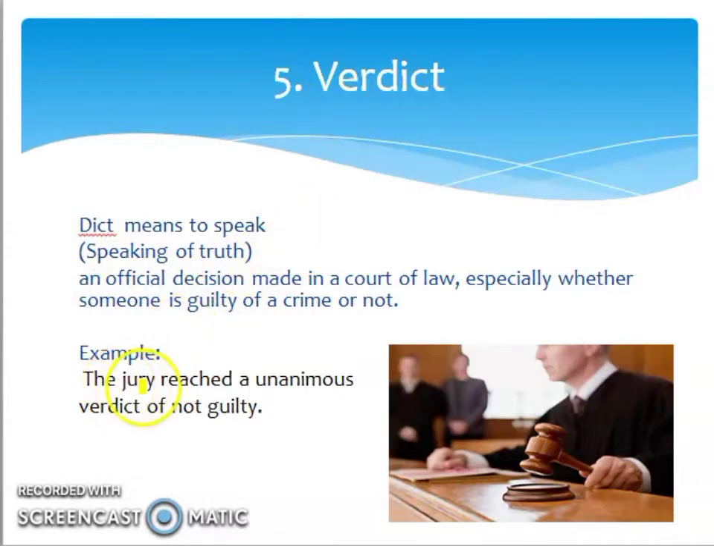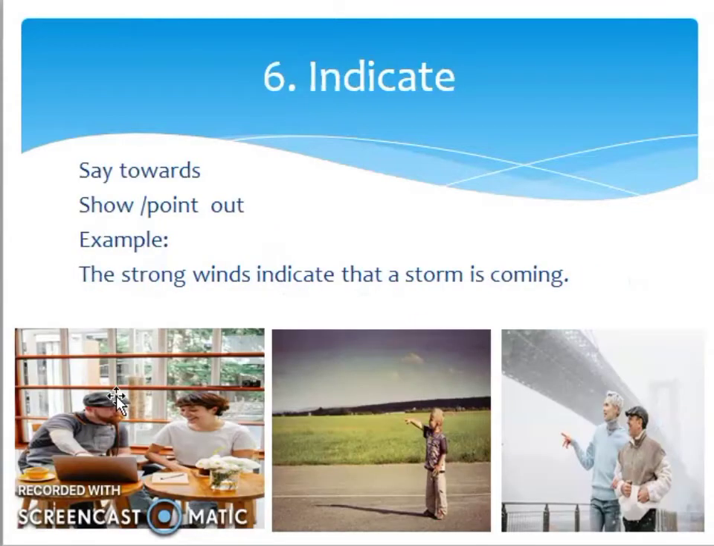Example, the jury reached a unanimous verdict of not guilty. Now, for those who don't know about jury, jury means a group of judges. So the group of judges have investigated and they have reached a unanimous verdict of not guilty. So verdict means speaking truth, alright, or finding the truth, alright. Next,